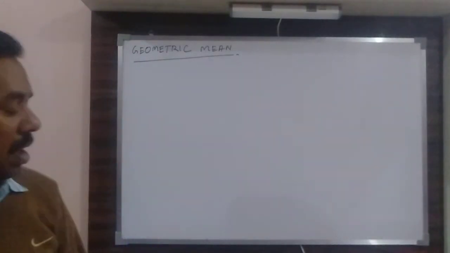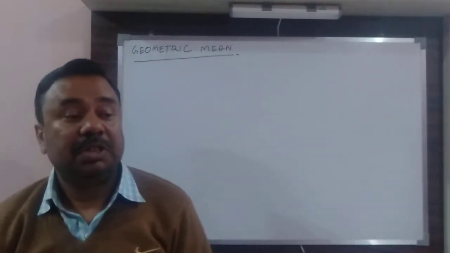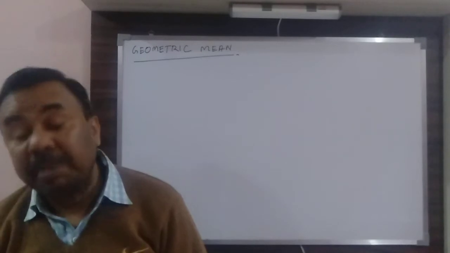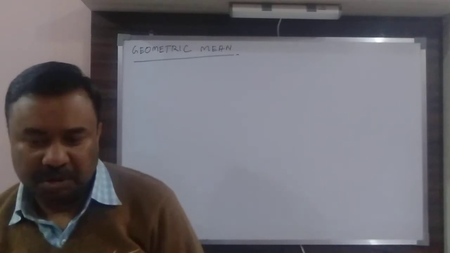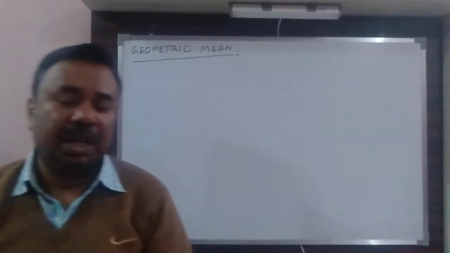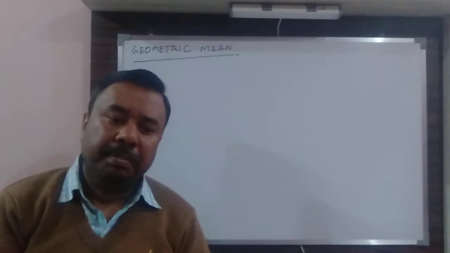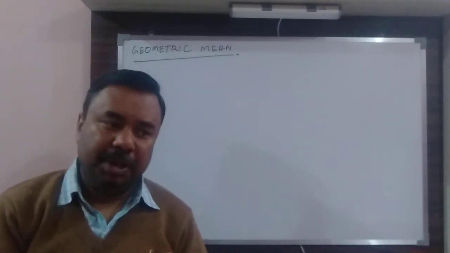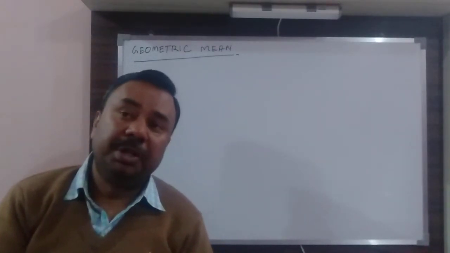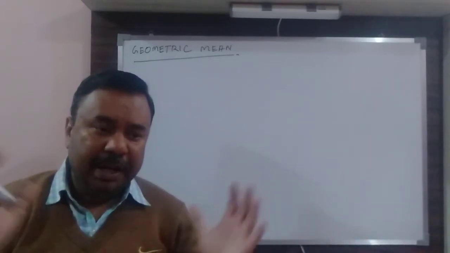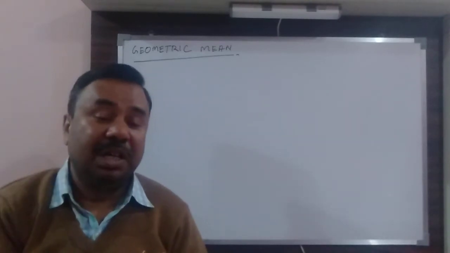Okay, so now the last topic that I had dealt with in arithmetic progression was about the arithmetic mean. Similarly, just like arithmetic mean, we also have geometric means. That means you have to insert a number of geometric means. The number may be anything, it may be 1, 2, 3, 4, whatever it is. So if I insert geometric means between any two numbers, I have to insert the numbers so that the resultant sequence is a GP.